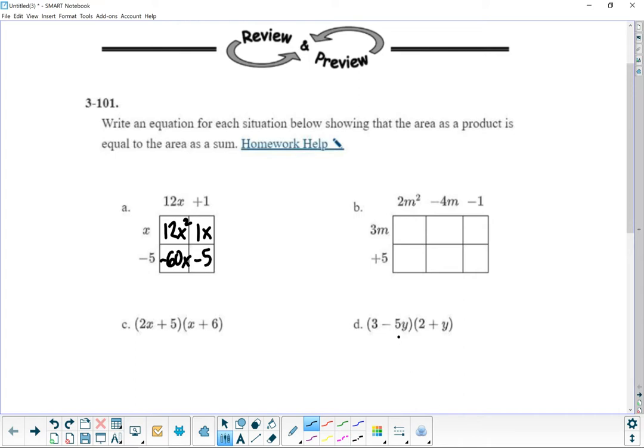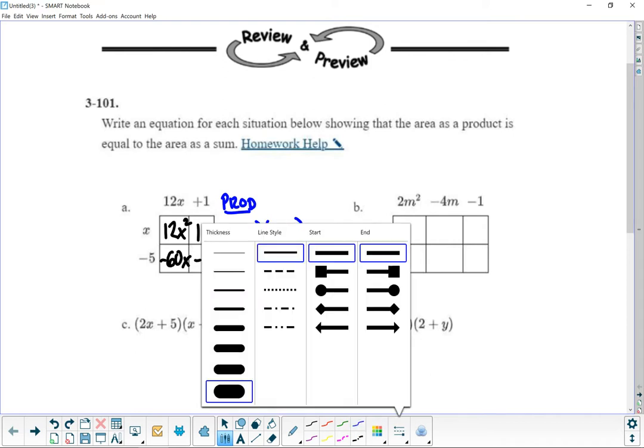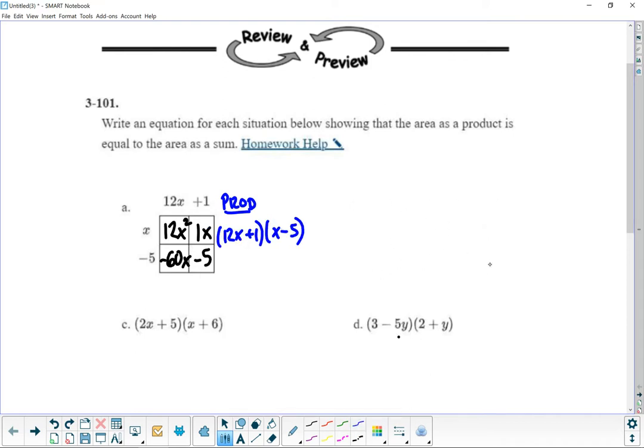The directions are to write the area as a product and let it equal the area as a sum. So as a product, I'll write it right here, product. Area as a product is going to be 12x plus 1 times x minus 5. Let me make a little bit of space. I know it's a little tight, but now there's plenty of space. And area as a sum is going to be